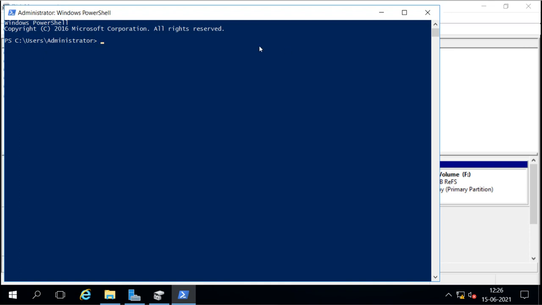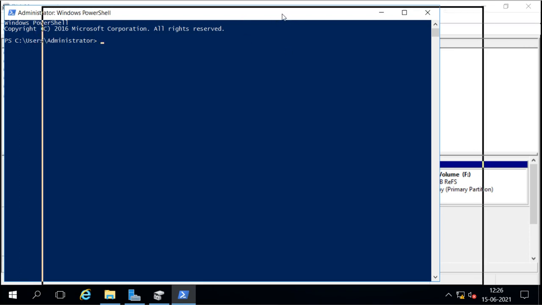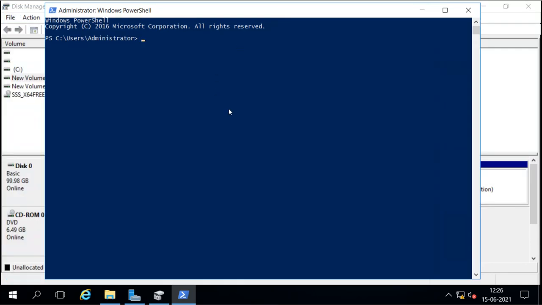Here we can run the command. The command is fsutil fsinfo volumeinfo, and then we mention the drive letter. For example, I want to see the E drive.